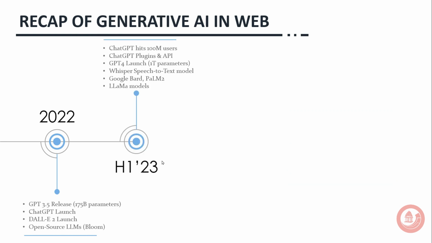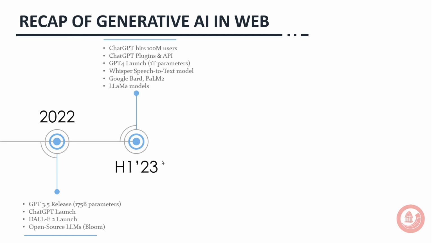During the first half of 2023, ChatGPT had 100 million users, which was a breakthrough. And then ChatGPT also released the plugins and API. When ChatGPT was first released, it was very powerful and able to answer the questions we asked, but it was not useful for us, meaning we were not able to integrate it into the website and benefit from the power of Gen AI. But when the plugins and the API were released, we were able to integrate it into our website and a few other areas, maybe behind the scenes, like orchestrating data or other platforms. We were able to use it and benefit from it in the first half of 2023,